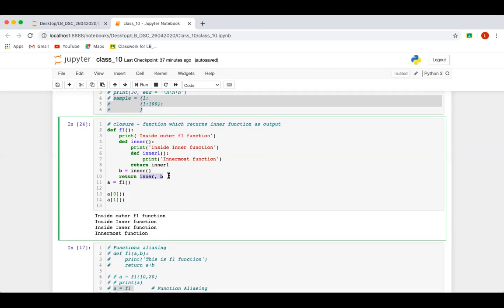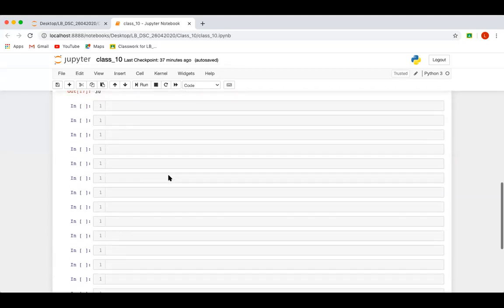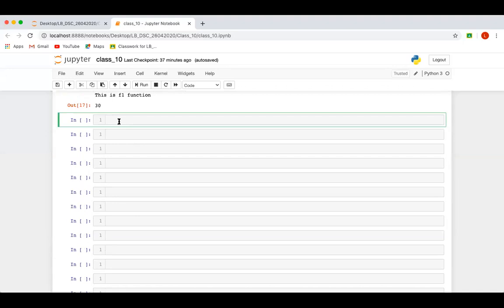Correct. Multiple values to a single variable. Okay, so let's move on. I think we are done with closure. Next, we will see passing a function as an argument